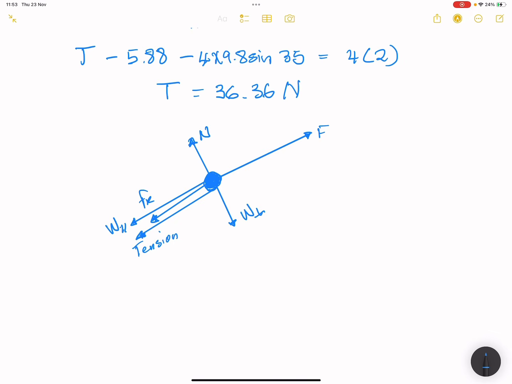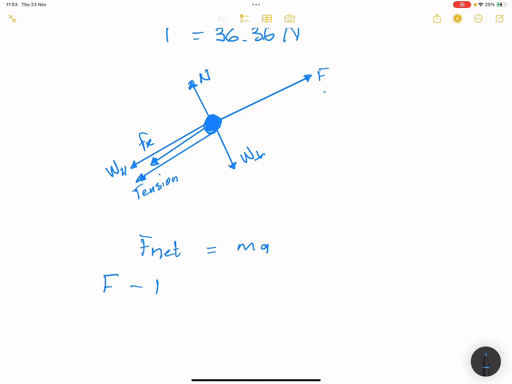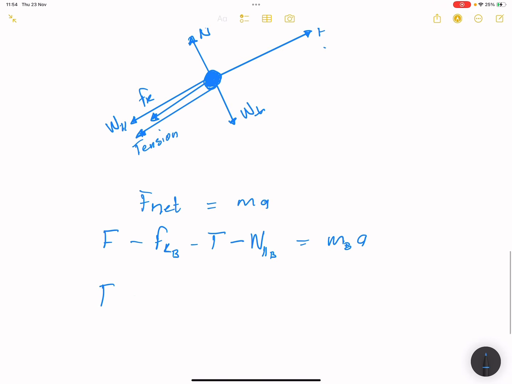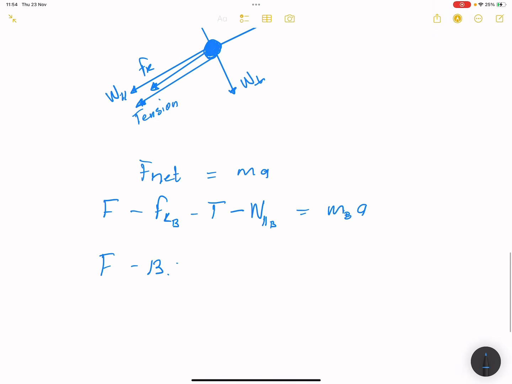Right, so in this case, because I'm looking for force F, we know that this is going to be F net equals MA, but remember this time I've got force F, which is going up, minus friction for B, minus the tension, minus the weight parallel for B, and this is MB times A. So that's force minus, they gave us, this is 13.26 if I remember, 23, the friction,